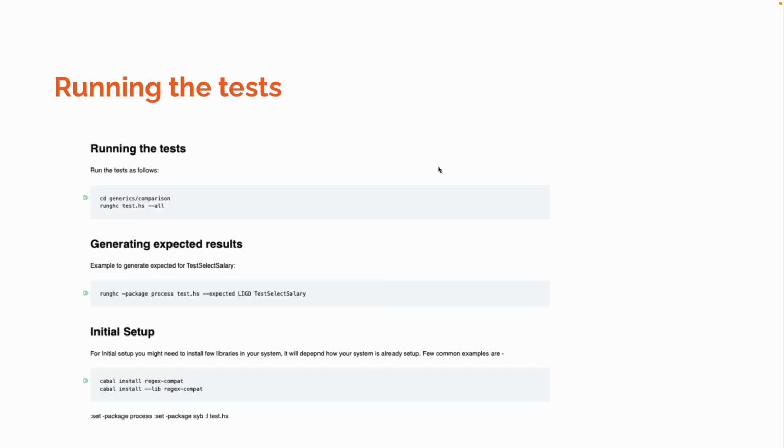Next is running the tests. The tests are located under the slash comparison directory in the root of the project. I have already documented the steps in the GitHub repo. The link of the GitHub is in my project report and also at the end of this presentation. The original paper code did not have this documentation, so I think this is a good contribution to the project itself. This is a screenshot from the README file that is there in the GitHub repo.